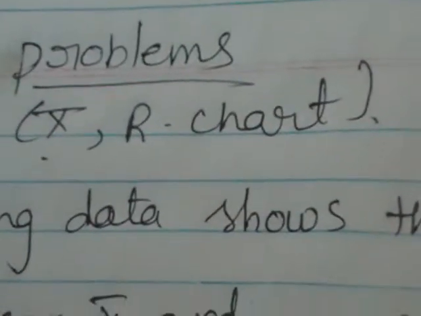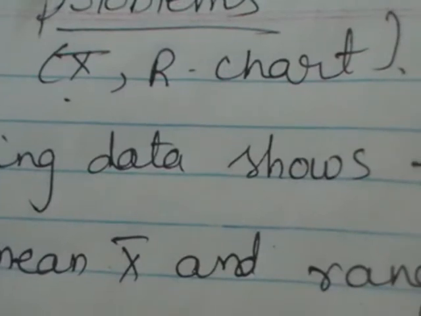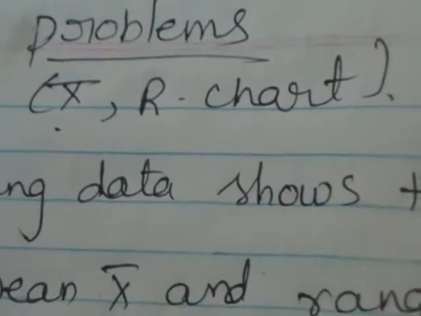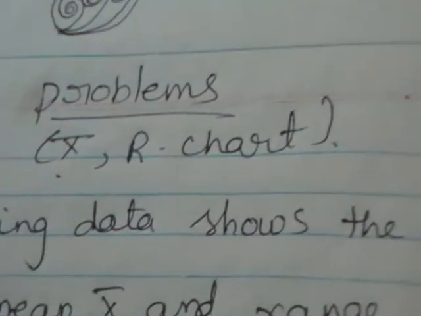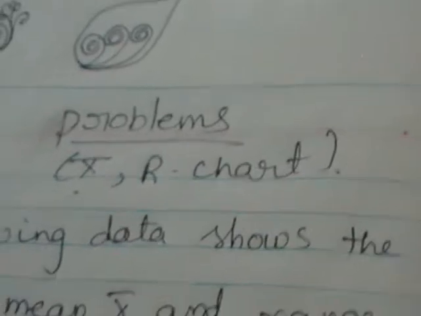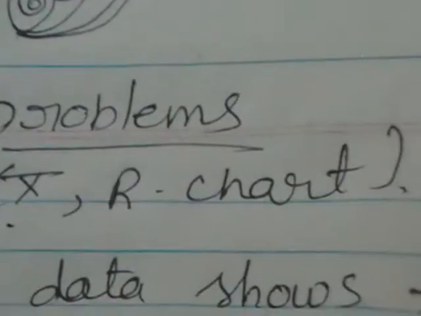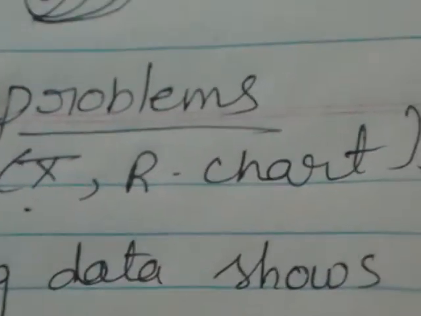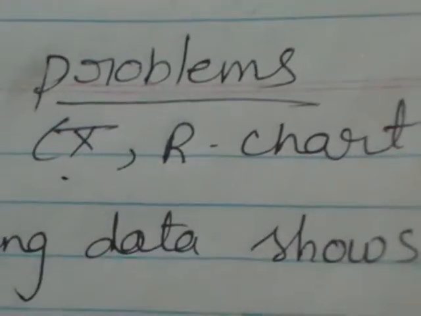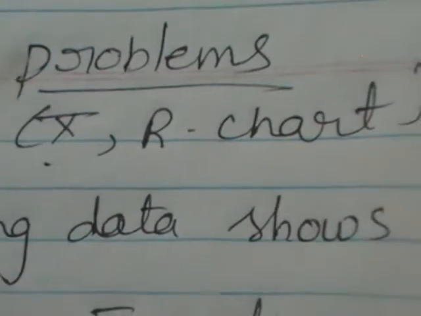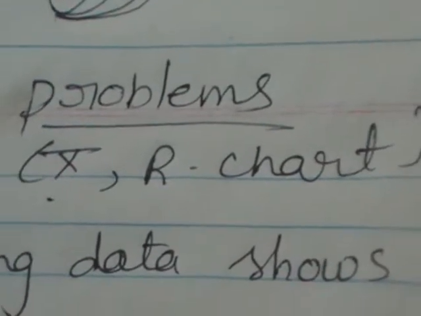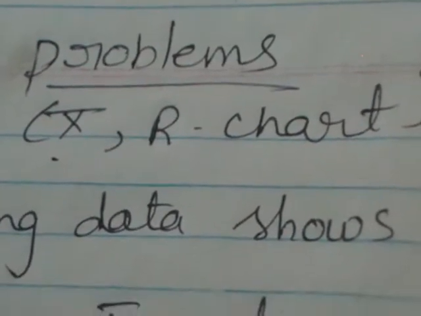Control charts are of two types: control chart for variables and control charts for attributes. Under control charts for variables, we have x bar, R chart. Under control charts for attributes, we have p chart, d chart and c chart. Now, we already discussed the procedure of constructing a control chart and drawing conclusions on it. Now, let us do a problem for a better understanding.